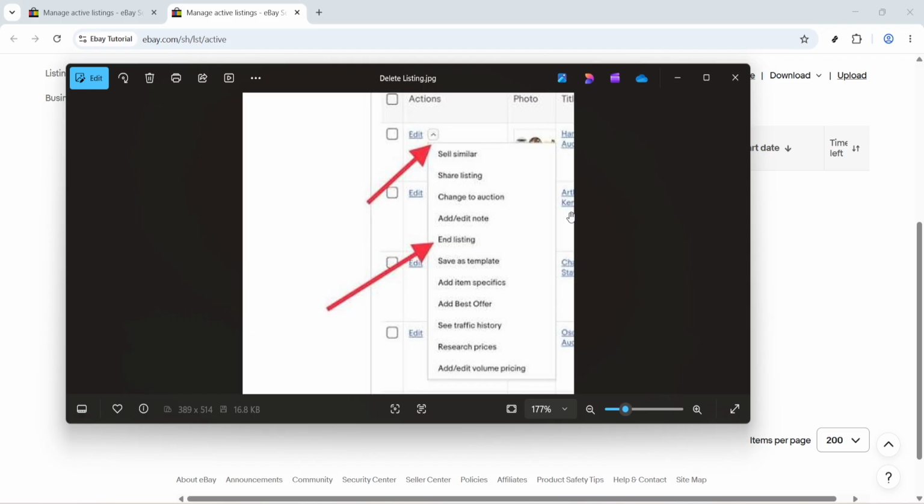If you're removing an item because it sold somewhere else, because the details need updating, or because you changed your mind about selling it, this method will help you manage it cleanly from your seller account. Just remember to review the listing carefully before ending it, since active listings can sometimes attract attention right up until they're removed. Once the listing has been ended, you can move on to updating your inventory or creating a new